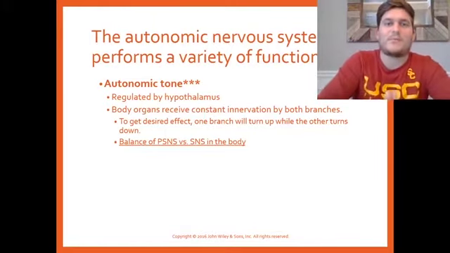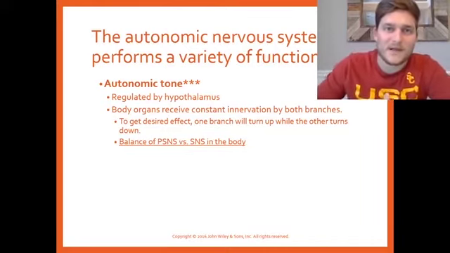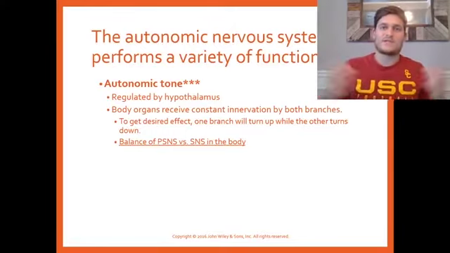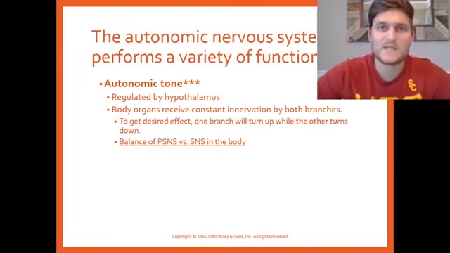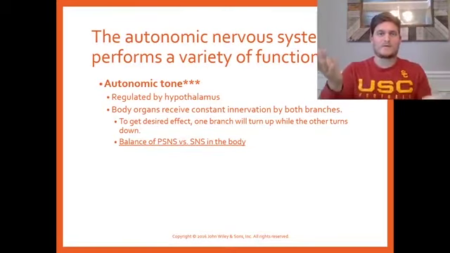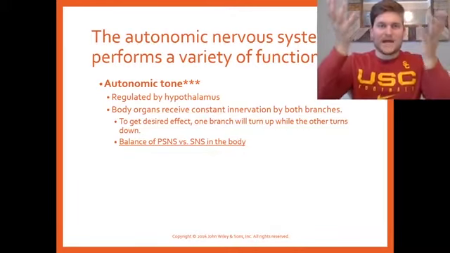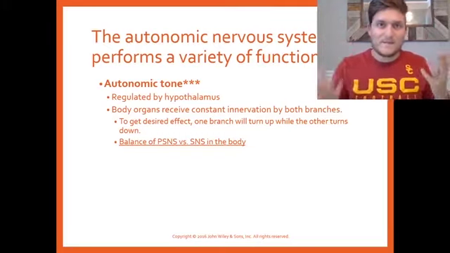But if we need to upregulate one side and, let's say, release more norepinephrine and epinephrine like we do during physical activity or exercise, well, then those organs are going to receive more signaling and they respond in a sympathetic manner. And it's like a seesaw. There's not many times within the body that both sides of the nervous system are upregulated, because that would lead to massive